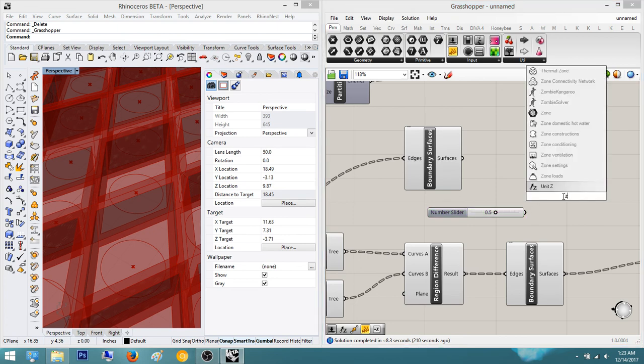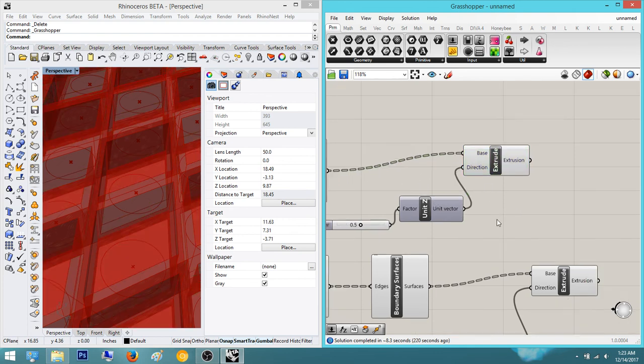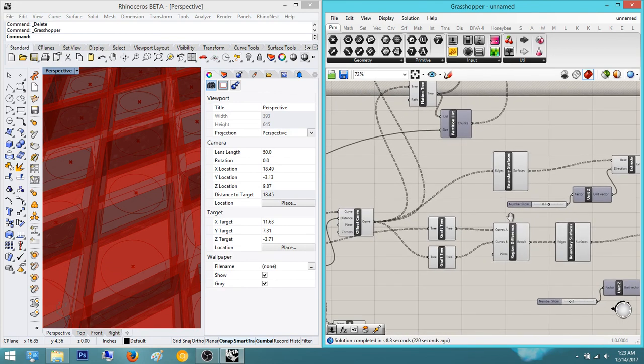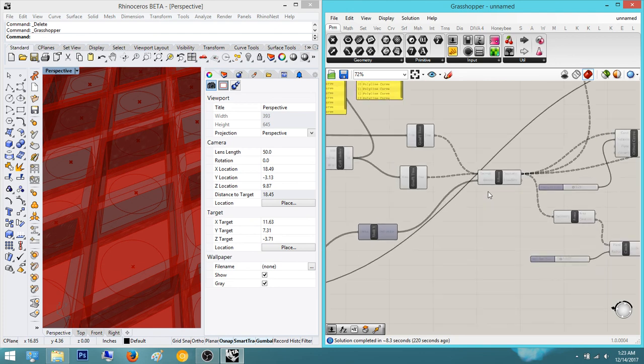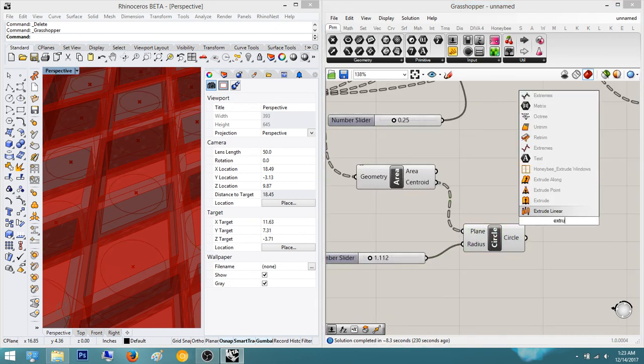In the Z direction. Sorry, I keep forgetting Z isn't the default on here when you extrude. So yeah, now we extruded it. Actually, yep, 0.5. And now we just need to find that circle. Where is it? So here's the circle, and we need to extrude the circle